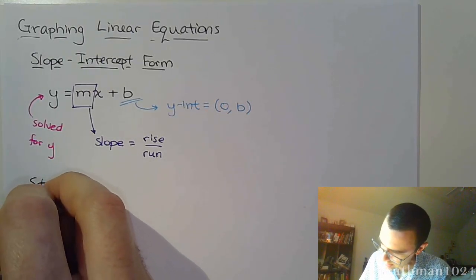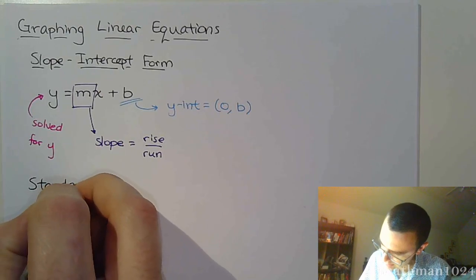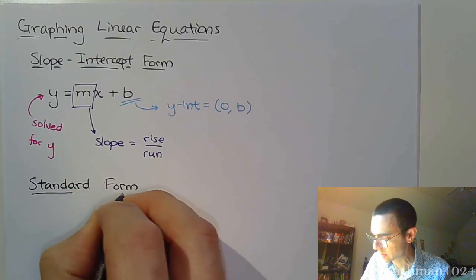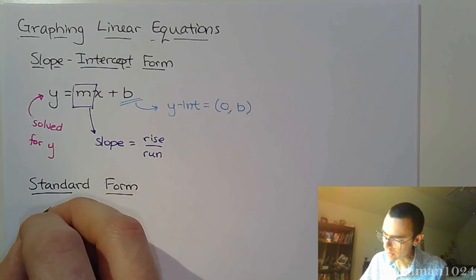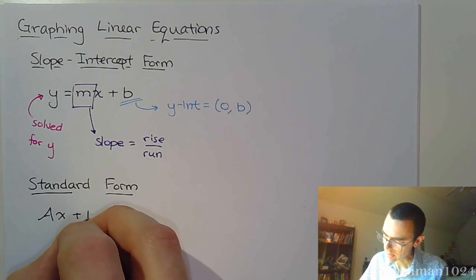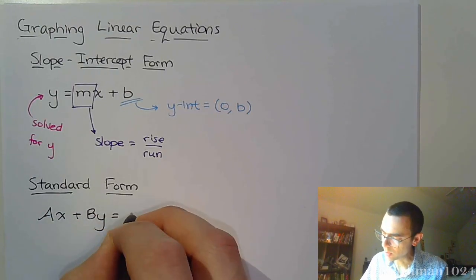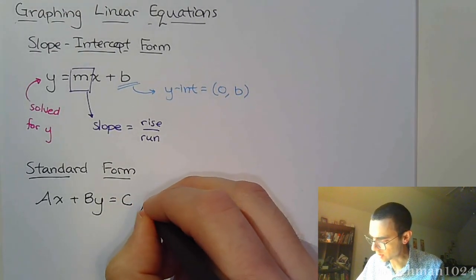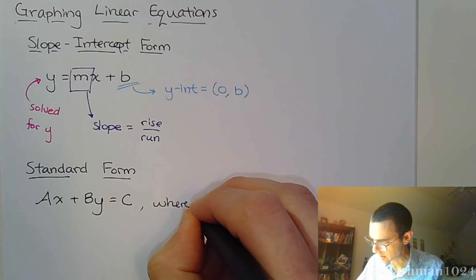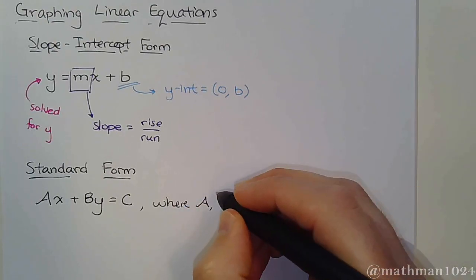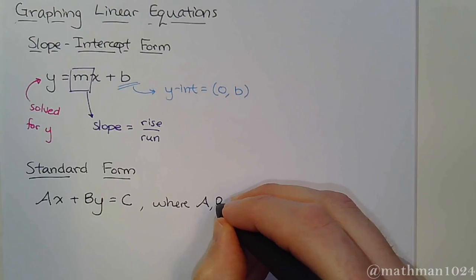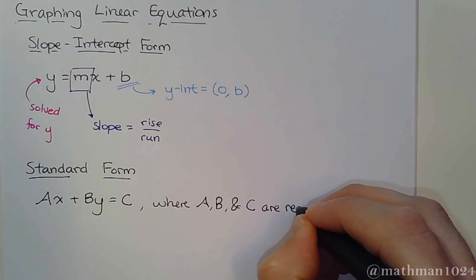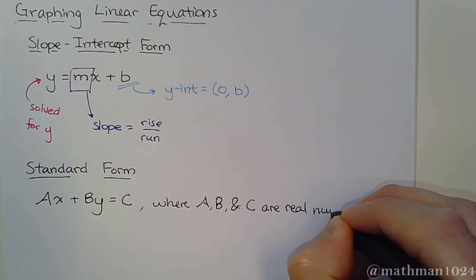And then we have the standard form. The standard form looks like this: ax plus by equals c, with the conditions that a, b, and c are real numbers,